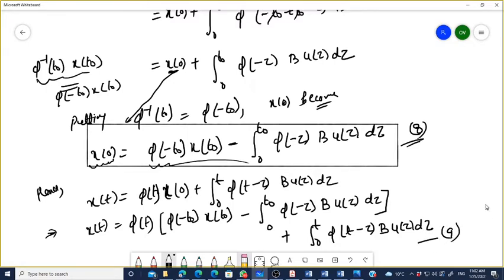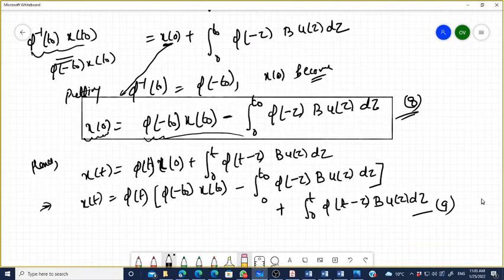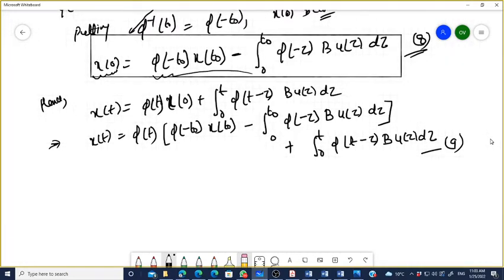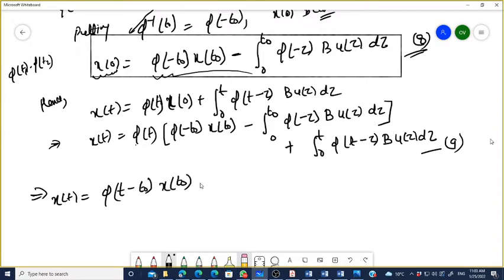समझ में आ गया बात? Yes or no? Yes, sir. So finally you can write xt is equal to phi. जब इसको सॉल्व करेंगे, जब अंदर ले जाएंगे तो, क्योंकि you know phi t1 into phi t2, आपने पढ़ा है, is phi t1 plus t2. Yes or no? This is a property. So you can write here phi t minus t naught x of t naught minus,